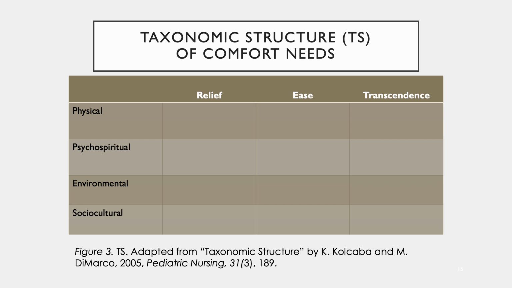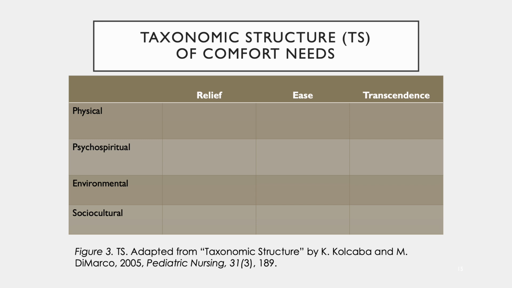When you place these 2 dimensions on a 2-dimensional grid, you get 12 unique facets of comfort. Each cell in this grid represents a specific type of comfort, such as physical relief, psychospiritual transcendence, or environmental ease. Kolcaba designed this structure to help nurses assess and plan interventions more precisely. Rather than just using vague or general comfort goals, the TS allows us to identify exactly where comfort is needed